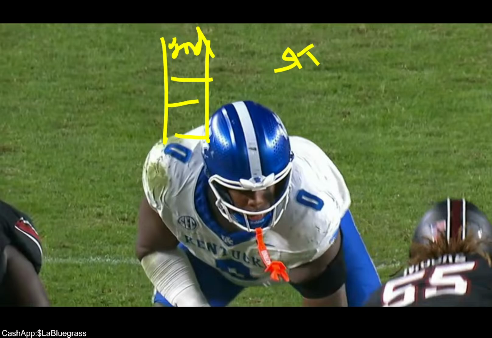I've been saying that Liam has to scheme receivers open, and you cannot live like that. You can't live with me scheming you open. You got to find a way to get your ass open. You got to win your one-on-one battles more, and we're not doing that consistently.